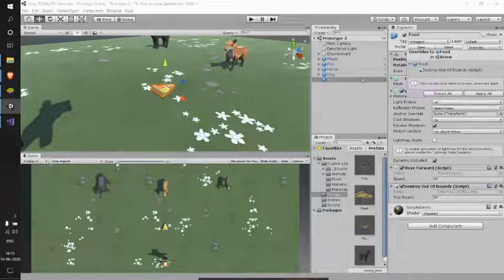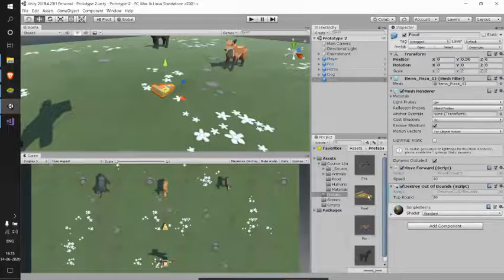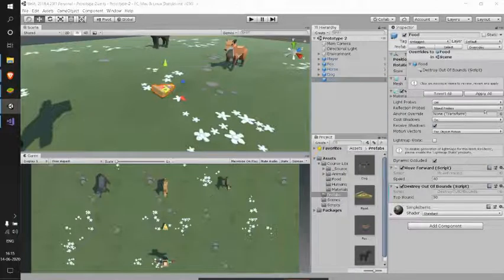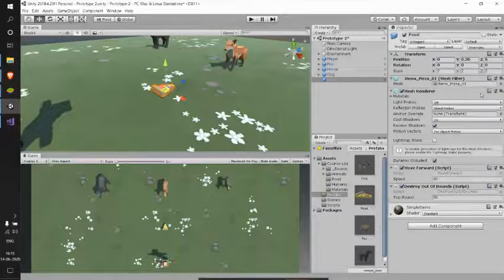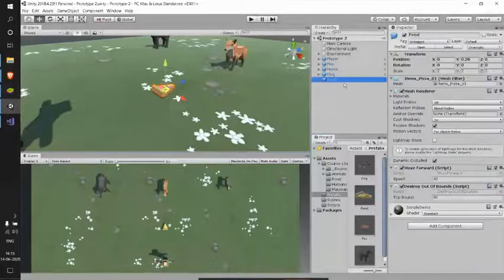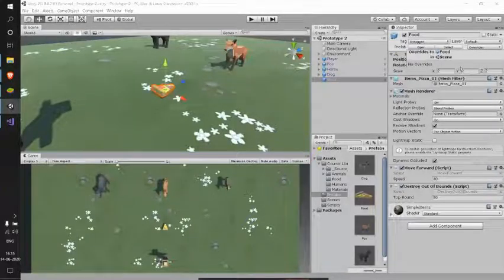For the game object we have this destroy out of bounds, but our prefab doesn't have this. So let me click apply all, and now when I get back to my prefab, my destroy out of bounds script got attached to the prefab also. So whenever we change our game object, which is a prefab also, we need to apply that all. So there are no overrides now.